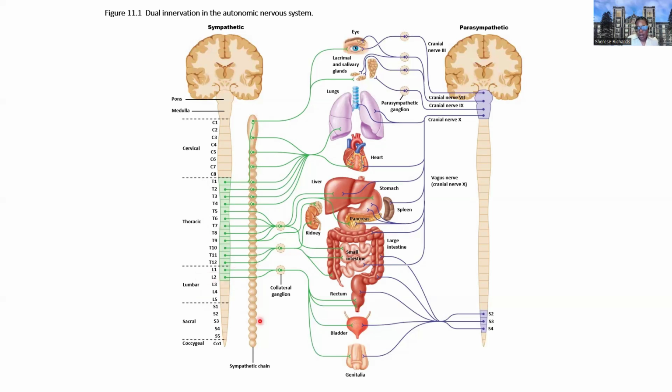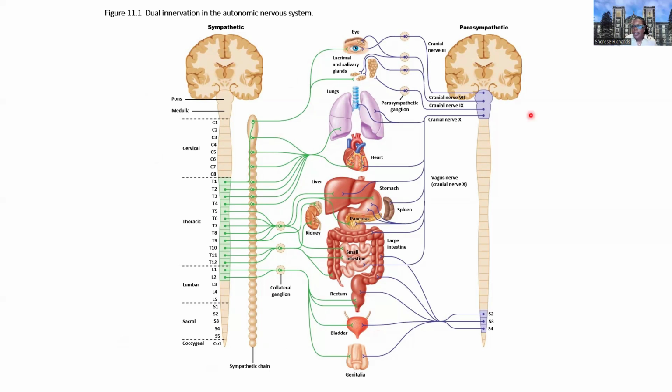They're going to synapse on the sympathetic chain, or at least some of them are, and then they're going to go out to the target organs here in the middle. Others will synapse to other ganglia that are not a part of the sympathetic chain. We call these collateral ganglia. And then others will go to the adrenal medulla, which we will speak about. So this is the sympathetic route. Okay, we go from the T1 to L2, and then three different options for the synapse before it gets to the central target organs.